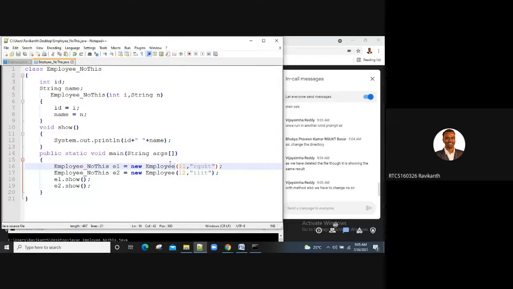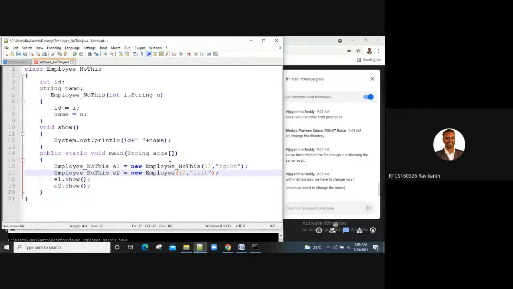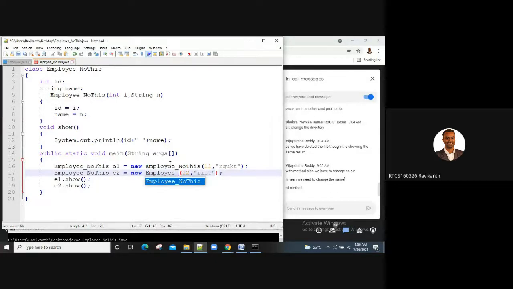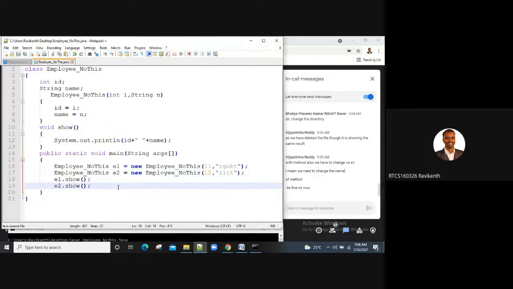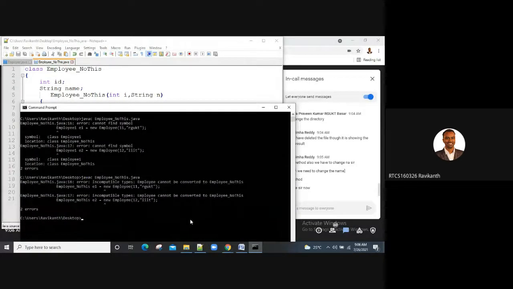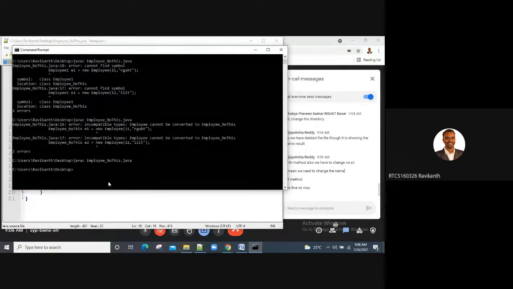You said with the method also we have to change? Which method? I have the show method here, Vijay. Okay, fine, Vijay. So now we are getting actual errors. I'm happy that we have got errors, previously we were just running it. Hope we have resolved everything now. Our program compiled successfully. Now let's run it.